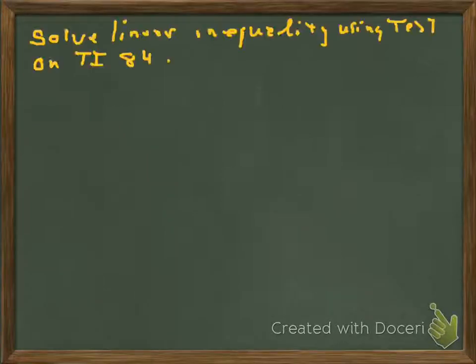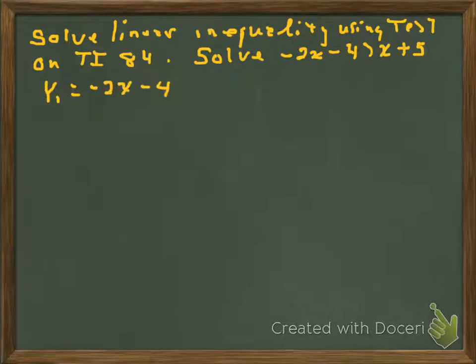The current video is an attempt to solve a linear inequality using the test function on a TI-84. So we're going to solve the inequality negative 2x minus 4 is greater than x plus 5 using that test function on the TI-84. First of all, we go to our y button and we let y1 be equal to